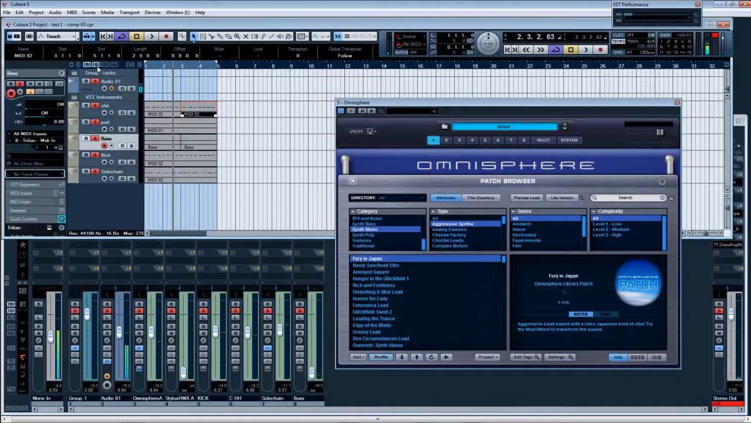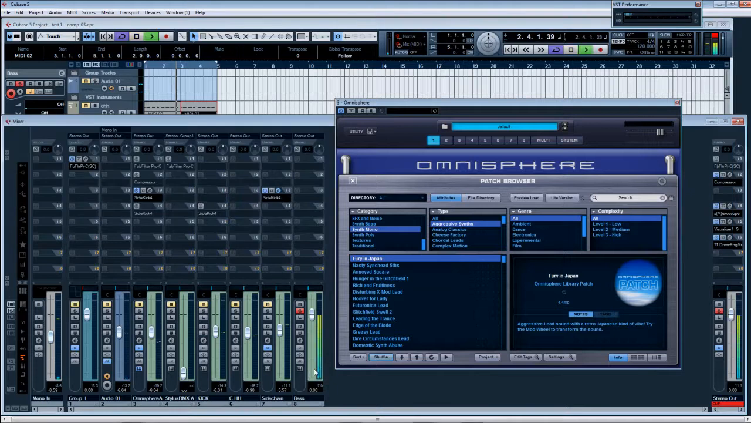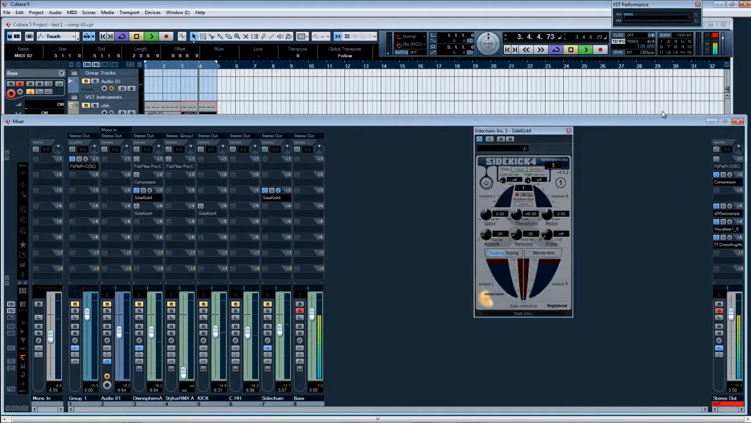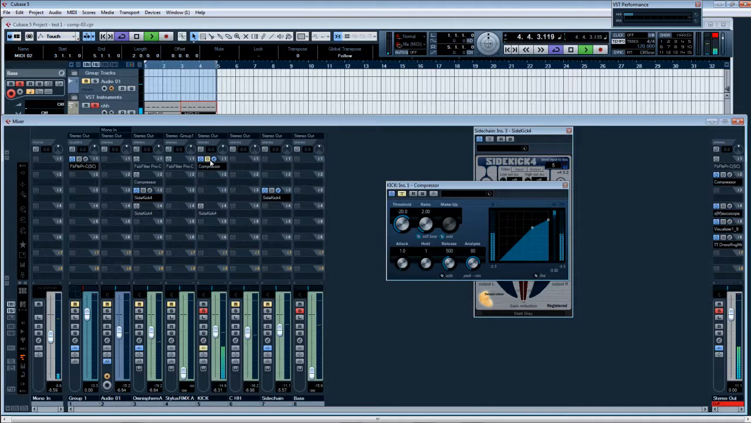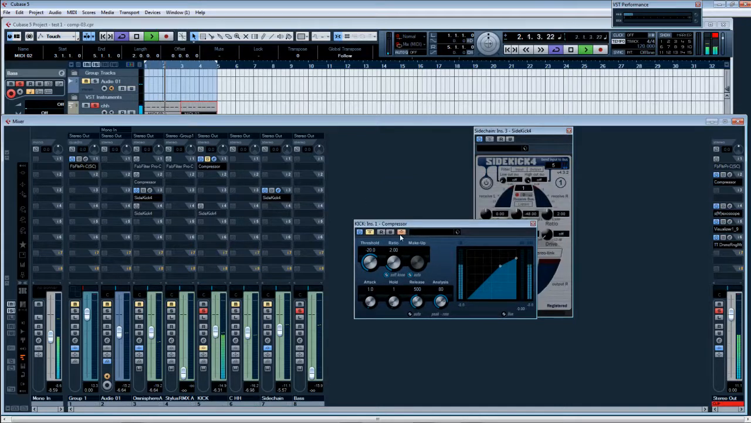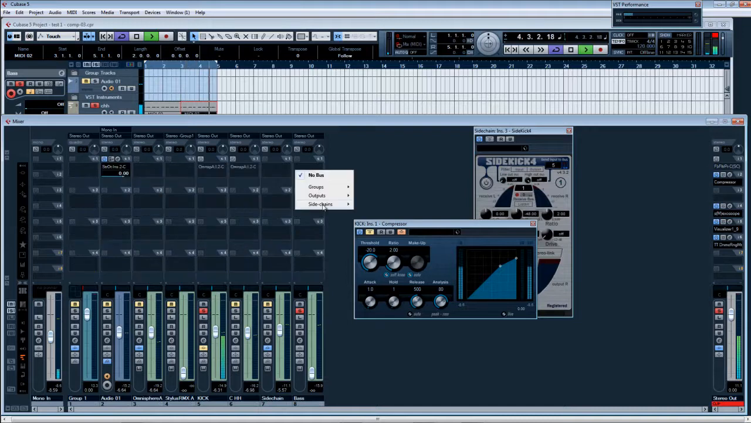So let's say we have, I'll do the classic one. So we've got the bass, and we've got a kick. So, compressor, put it into sidechain mode on the kick, go to the bass, put it on the sends,